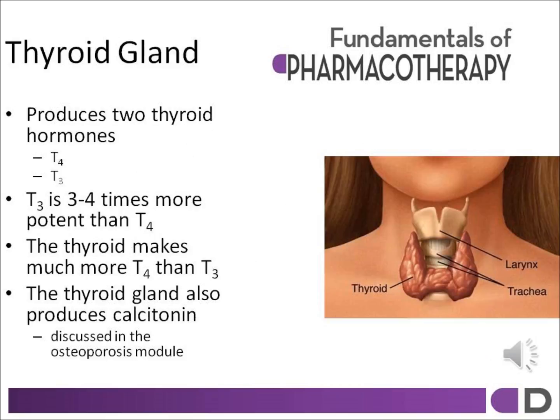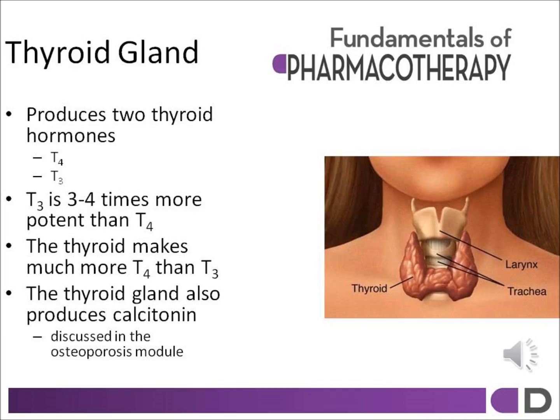As you can see in the picture on the right, your thyroid gland is located in your neck surrounding your trachea. The thyroid gland is responsible for producing two different thyroid hormones known as T4 and T3. They are released in a ratio of 5:1, meaning that much more T4 is released than T3. However, T3 is much more potent than T4, approximately 3 to 4 times more potent, and it is the active